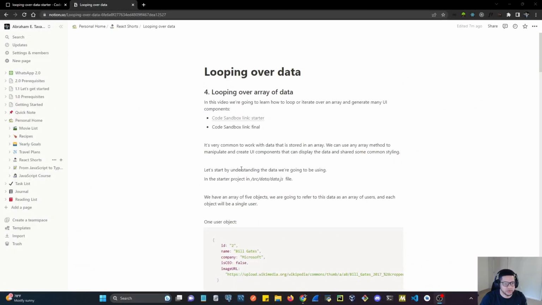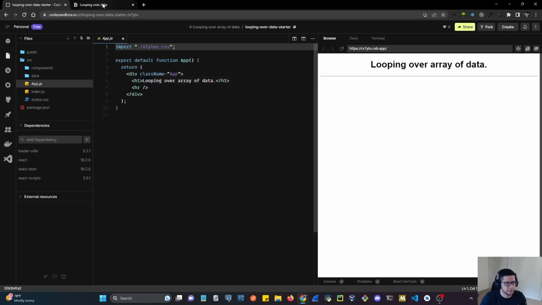In this video, we're going to learn how to loop over data and how we can generate many UI components from an array of data. So to get started, let's open up the starter link in CodeSandbox. I already have that open in this tab. So let me move this over to the other screen so we can focus on